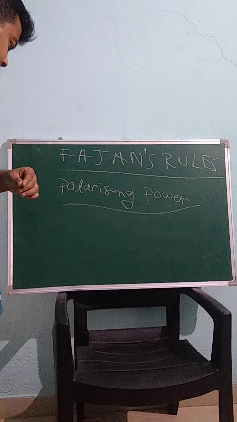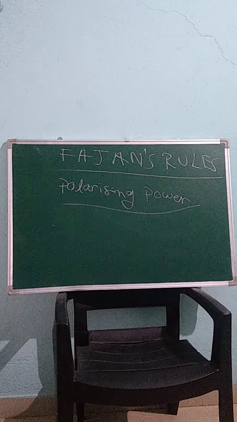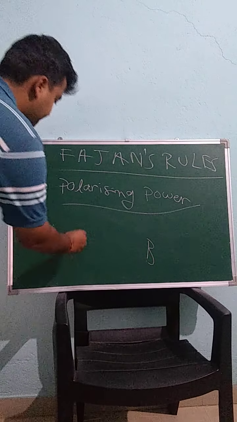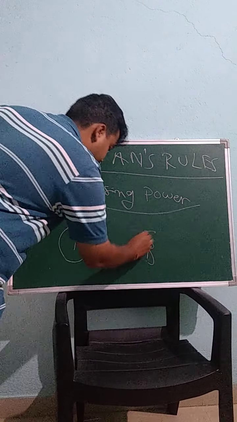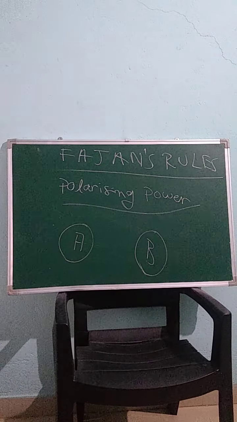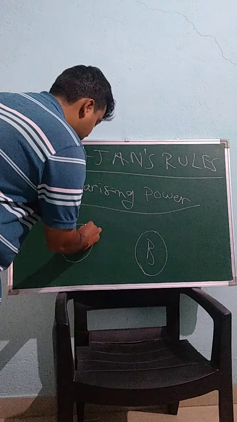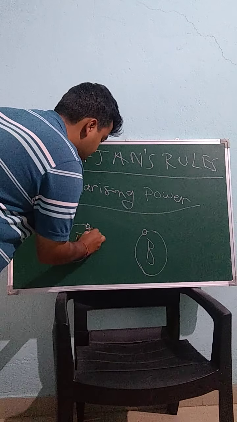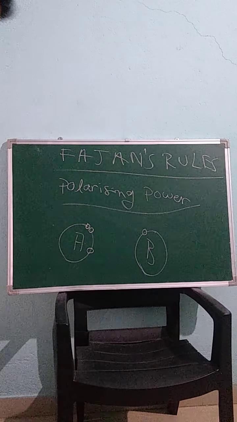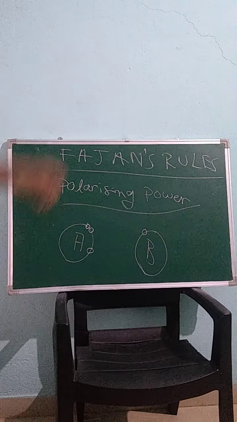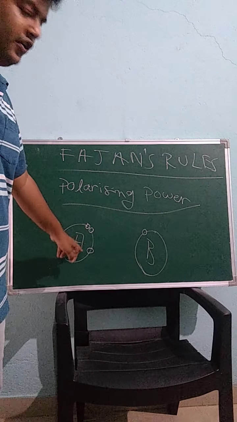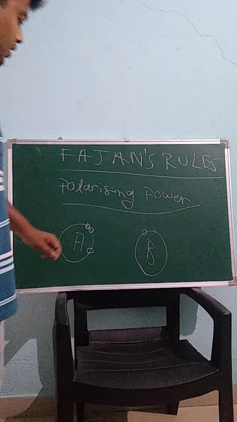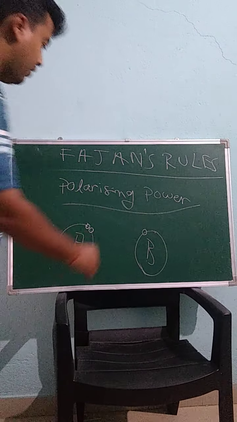Let's say for example there is an atom A and there is an atom B. Suppose this A atom has 3 electrons in the outer shell and it needs one more electron. So if the B atom is donating that electron